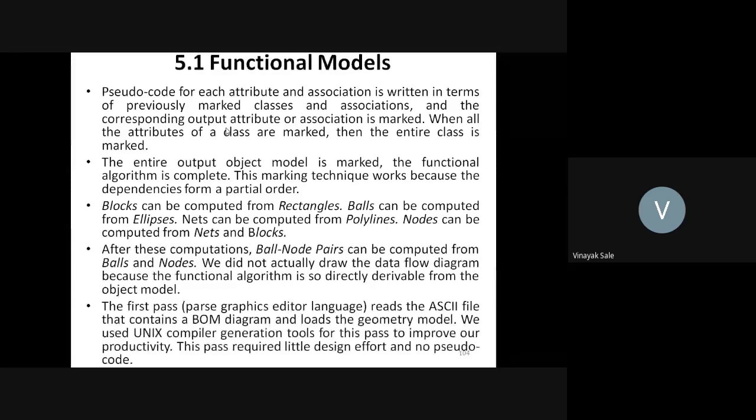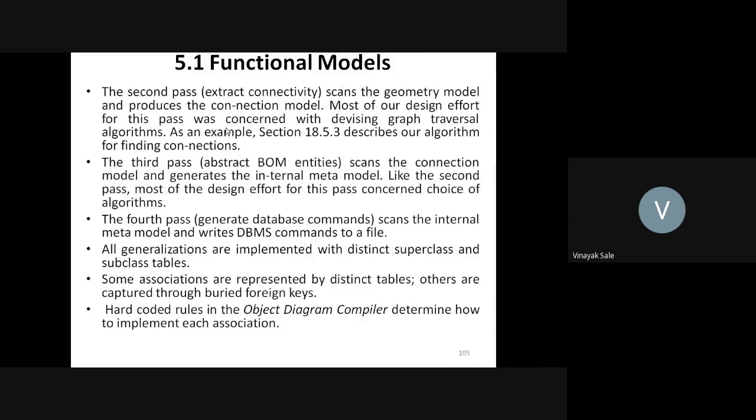from the object model. The first pass reads an ASCII file that contains a bill of material diagram and loads the geometry model. We use Unix compiler generation tools for this pass to improve our productivity. This pass required little design effort and no pseudo code. The second pass scans the geometry model and produces the connection model. Most of our design effort for this pass was concerned with